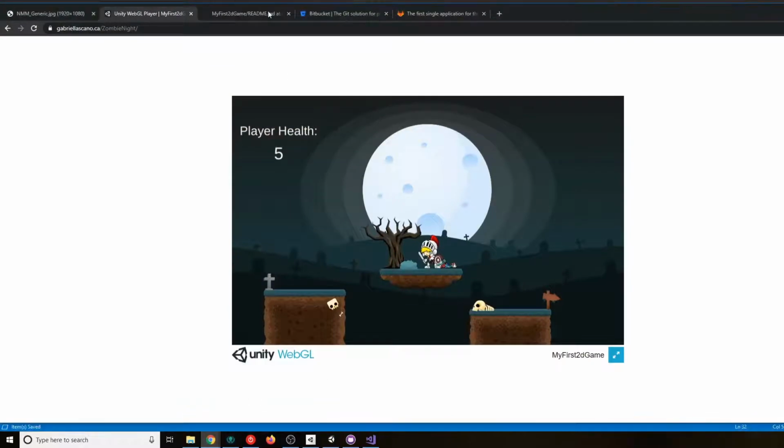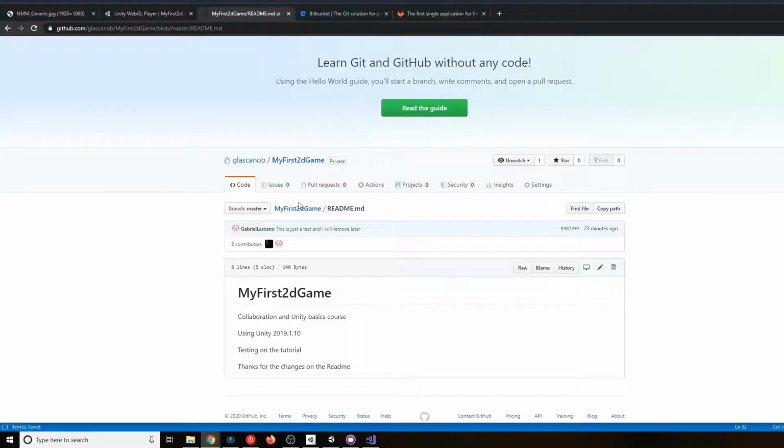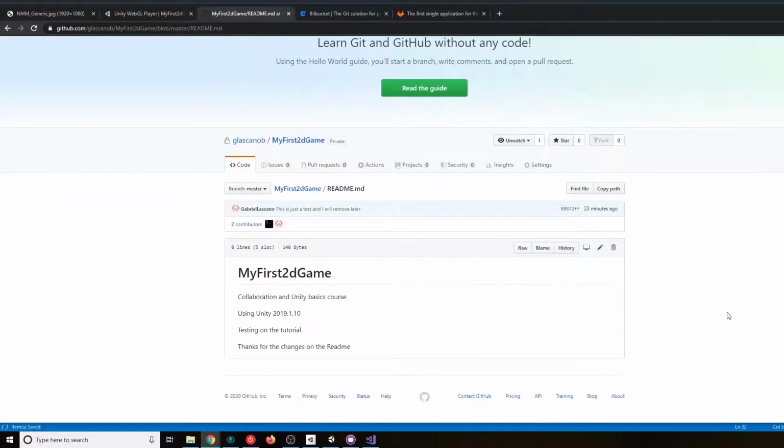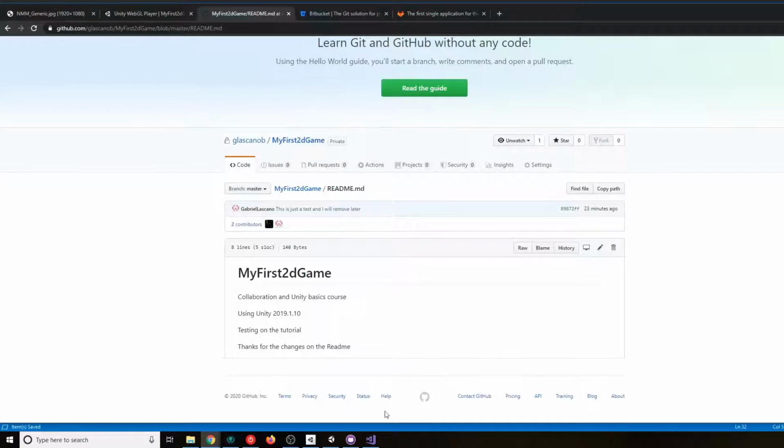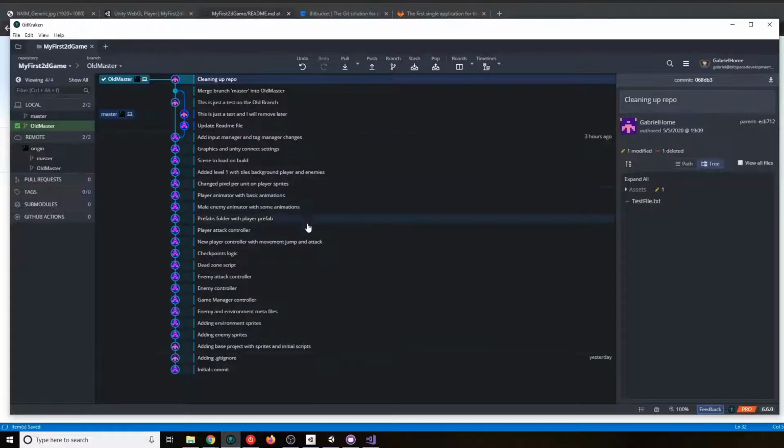So if we go back to GitHub here, before I hit refresh, I hope I can see it from here. No, unfortunately. Well, here, yeah, you see. It already refreshed, but before it would have been only master. Now we have our old master. So what I want to do now is, we have these changes, right? And I'm going to try to fake a merge conflict for you guys to see what I'm talking about.